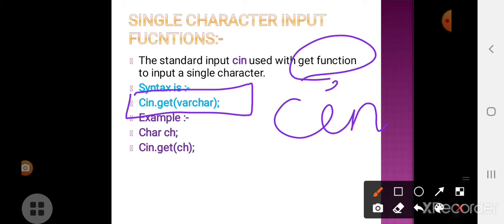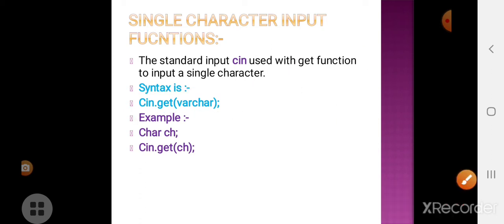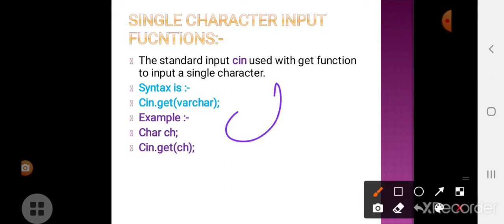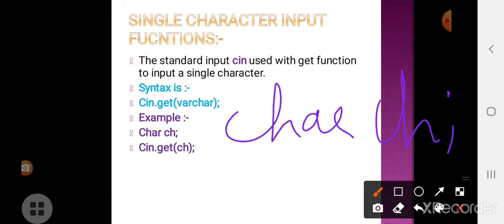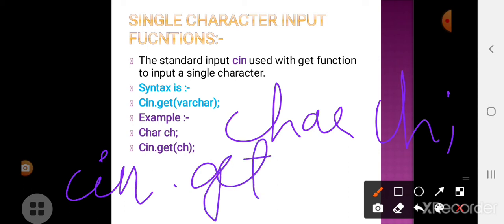So if I want to declare a single character input function, you have to declare a character first. That is char ch, and then we write cin dot get of the character you have declared.